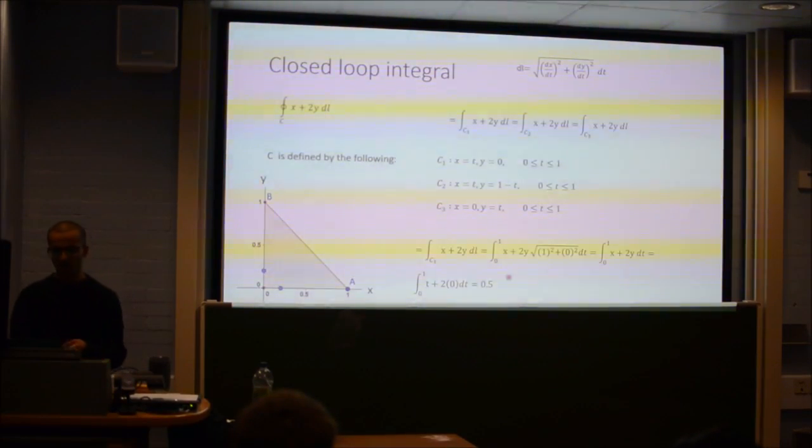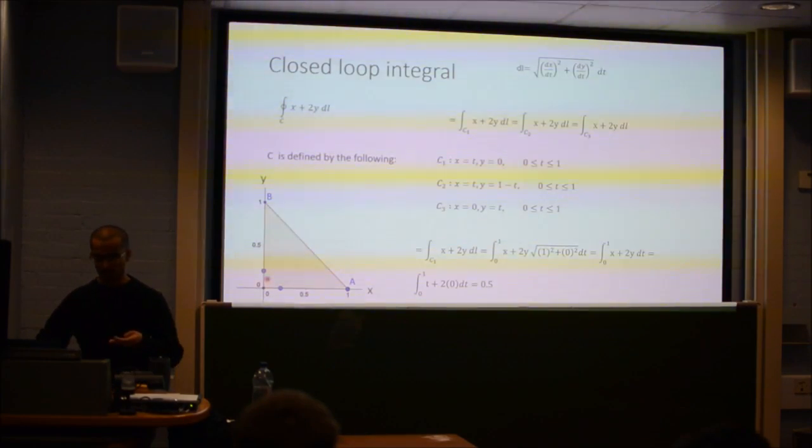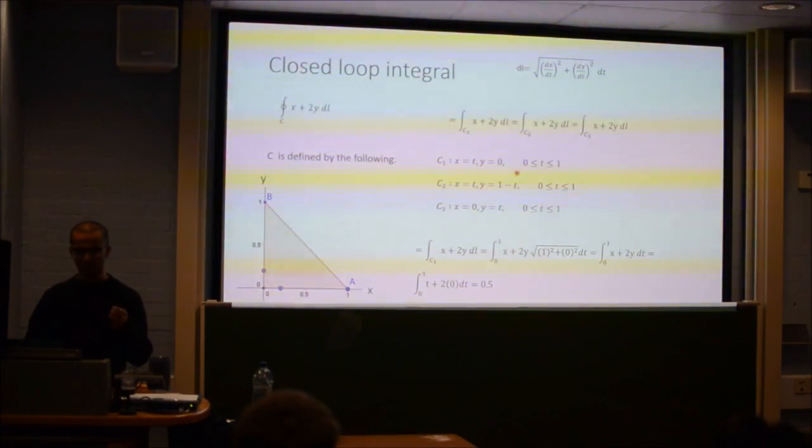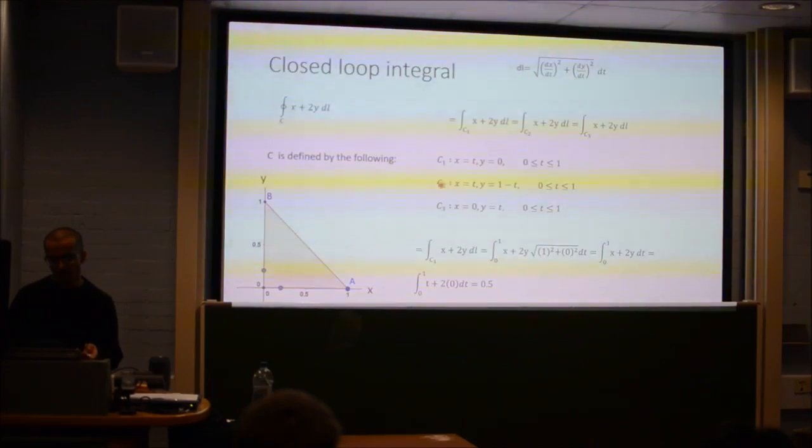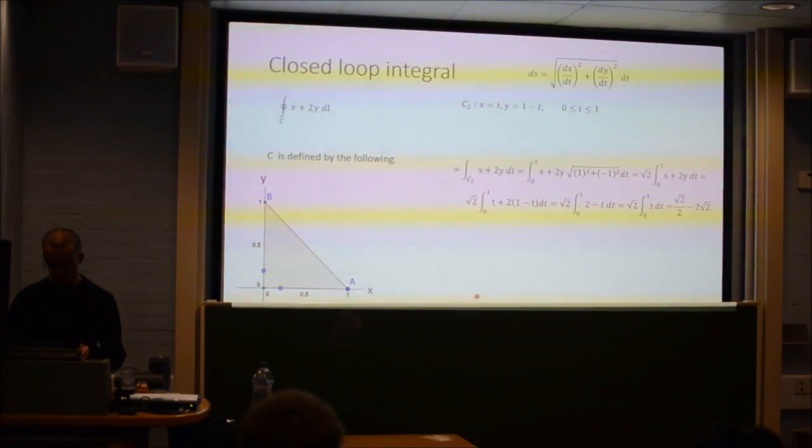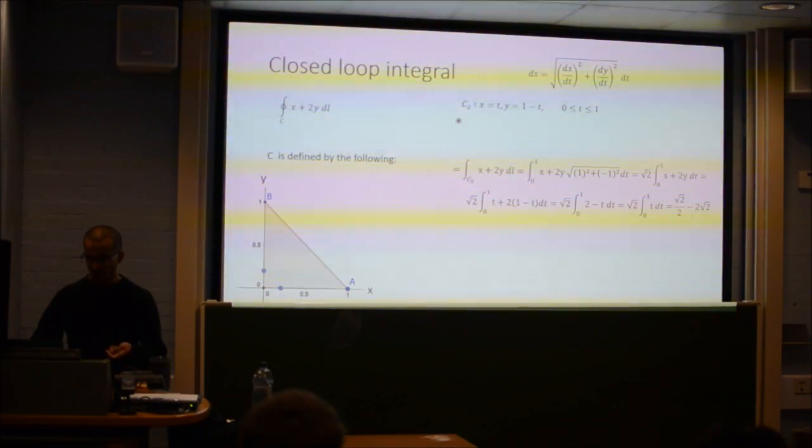We put our little substitutions in, these ones into here, and then we integrate. We know that t is between 0 and 1. We defined that when we made these changes. You just integrate like that, and you get 0.5 for the first one. And if you take the second example, C2 from A to B,